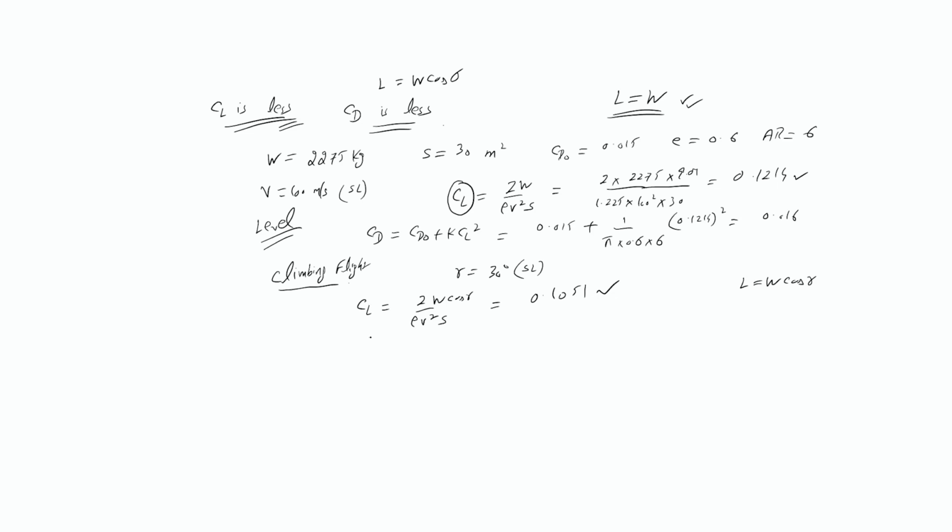So CD you can find: CD equals 0.015 plus 0.1051 squared by pi e AR, pi into 0.6 into aspect ratio 6. So this comes around 0.015. Okay, so previously drag was 0.016, so this is 0.015. So this has started reducing, even if you consider the flight path angle as even 30 degrees. Okay, fine. So the note here is